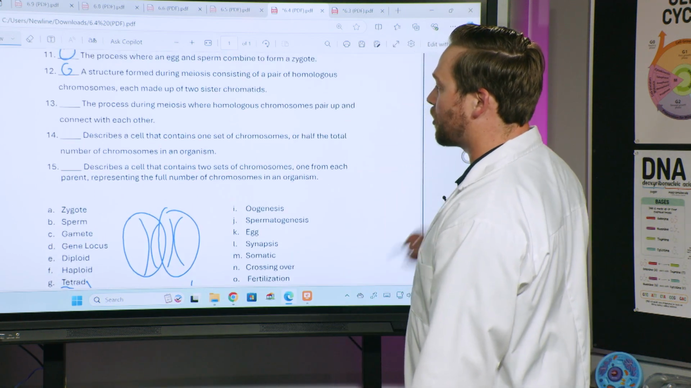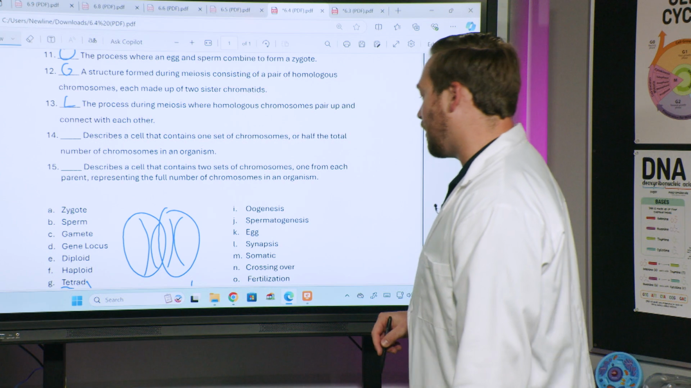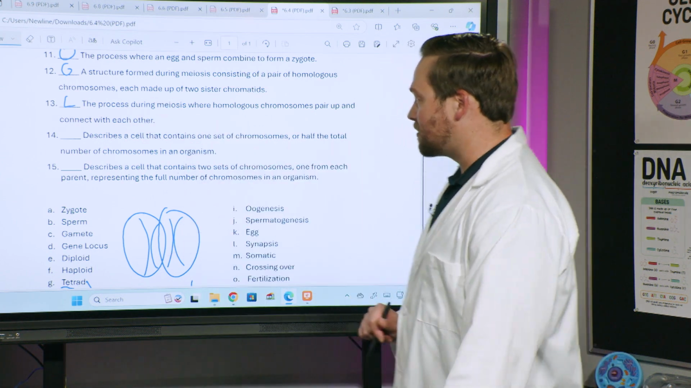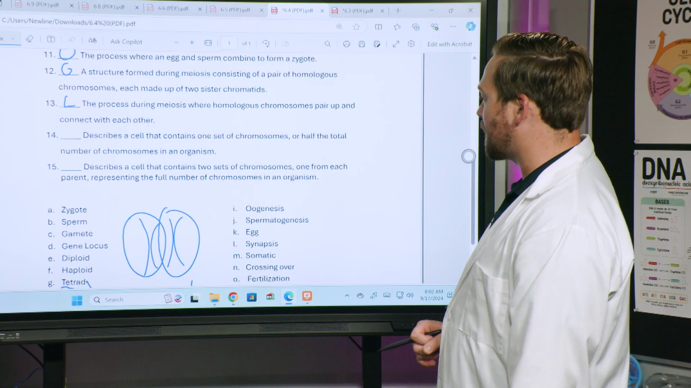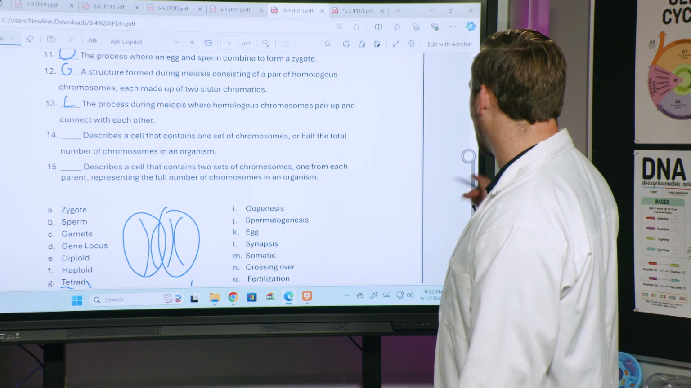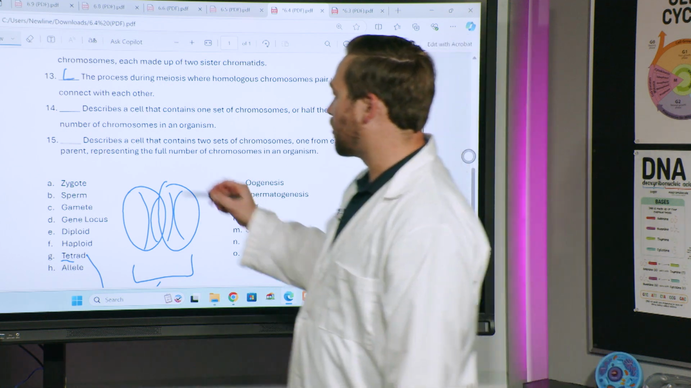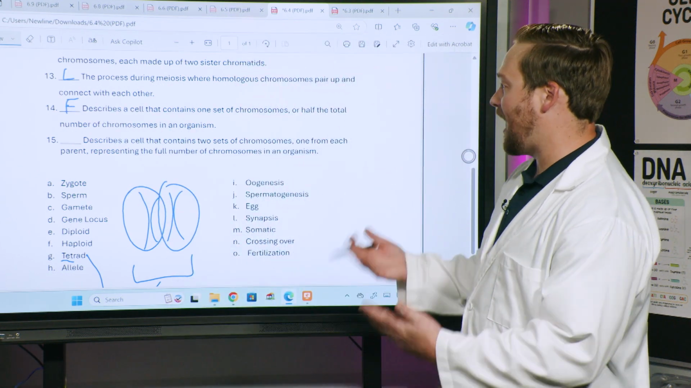Couple more here. So 13, the process during meiosis where homologous chromosomes pair up and connect with each other. For 13, I have L, and L is synapsis. So making this tetrad is called synapsis, okay? 14 says, describes a cell that contains 1 set of chromosomes or half the total number of chromosomes of an organism. So this is that term haploid that we've been using so much. So letter F, again, your egg and sperm cells are haploid because they only have half the number of chromosomes